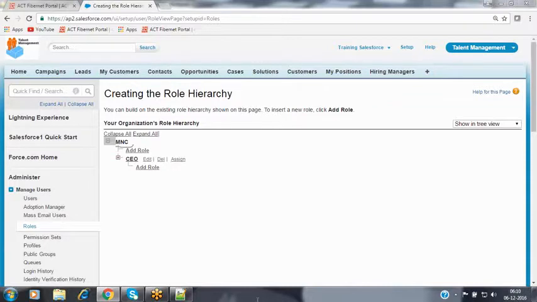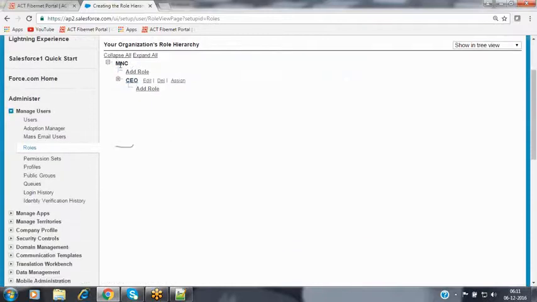This is the company name which we entered upon creating my Salesforce account. In future, if you change that company name, then automatically that will be reflected back over here. Under that MNC company, Salesforce has provided a role called CEO.